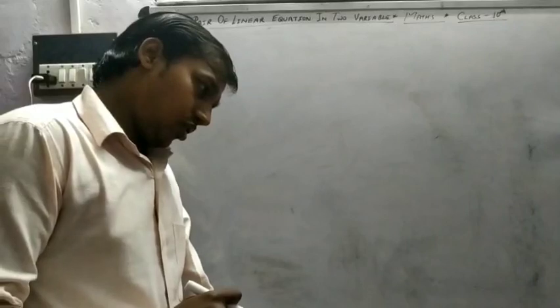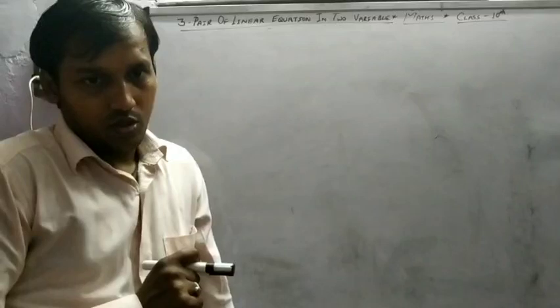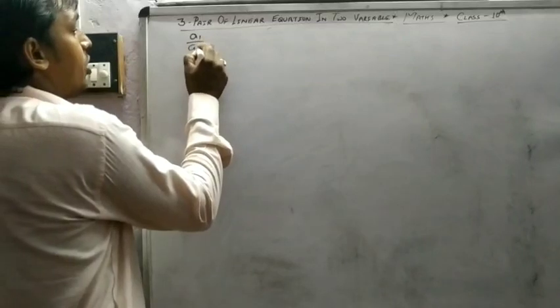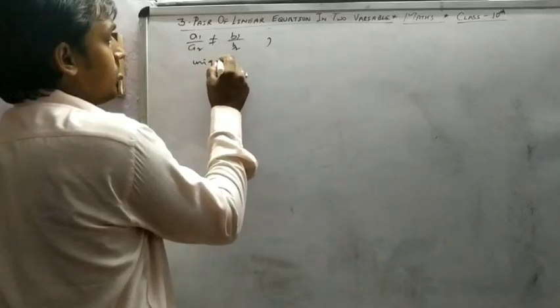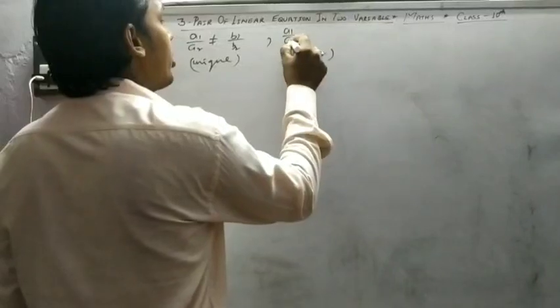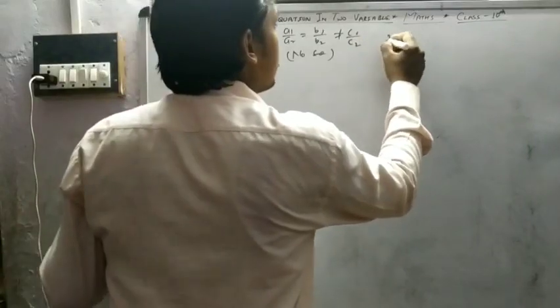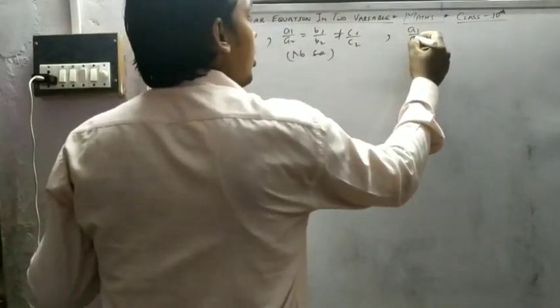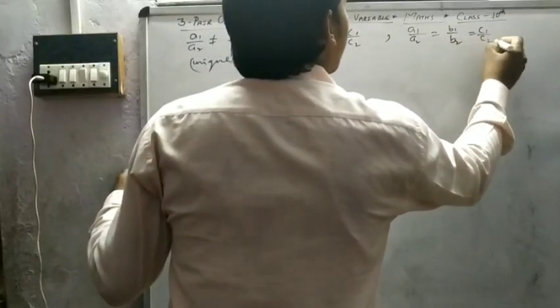Let's solve the problems of the conditional case. You know three types of conditions. A1 upon A2 is not equal to B1 upon B2: unique solution. A1 upon A2 is equal to B1 upon B2 but not equal to C1 upon C2: no solution. A1 upon A2 is equal to B1 upon B2 is also equal to C1 upon C2: